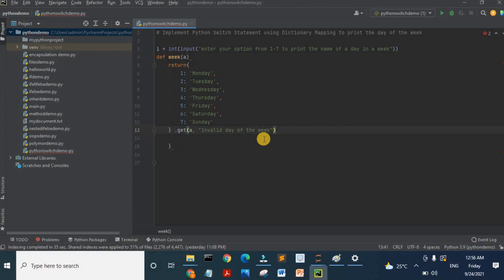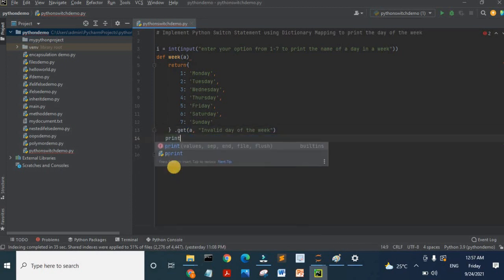When there is no match found, the default value invalid day of the week will be printed at the output. That is, this program makes calls to the week function with the input expression value that is entered by the user to find out the day of the week. Finally, I am ending the program by calling the week function within the print statement.